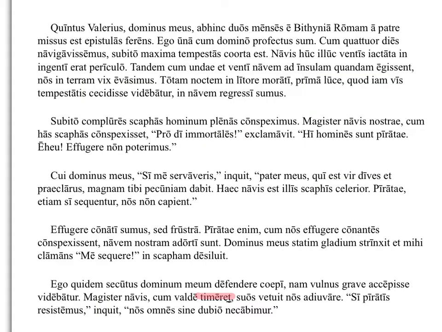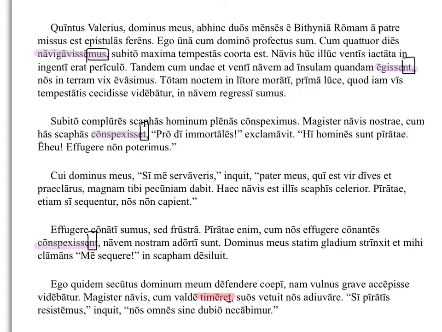Okay, so I've come back to the top of the story, and I'm going to look for some of the other forms I want to talk about. And I see one right here, navigavisemus, and then here agisent, here at conspexisset, and then again here at conspexisent. So we've got more of them. These are just some to get us started. And if you're looking at these forms, hopefully you are noticing that, again, we have personal endings like mus and ent and t and nt.